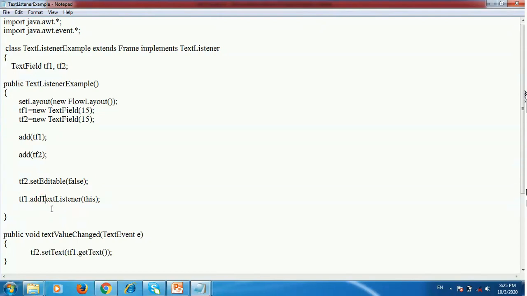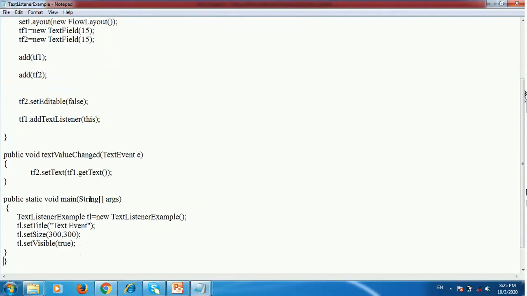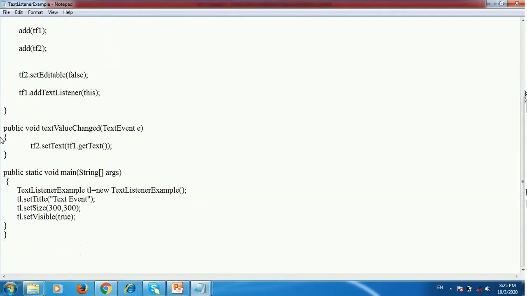After that, here we use the addTextListener method. tf1.addTextListener(this). Then public void textValueChanged(TextEvent e). In that, tf2.setText(tf1.getText()). The getText method is used to get the text in text field 1.